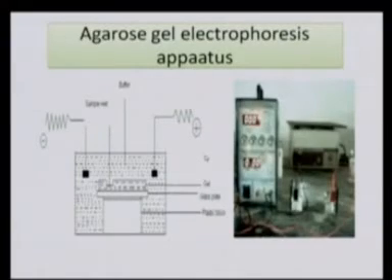In this image you can see how the agarose gel electrophoresis apparatus looks like. On the left side you can see the buffer tank, the broader one, where you are going to load the buffer, and in the middle there is a casting tray. In this casting tray we are going to pour the gel. Once the gel solidifies, we remove the comb, and into those wells we load the DNA sample to be separated.